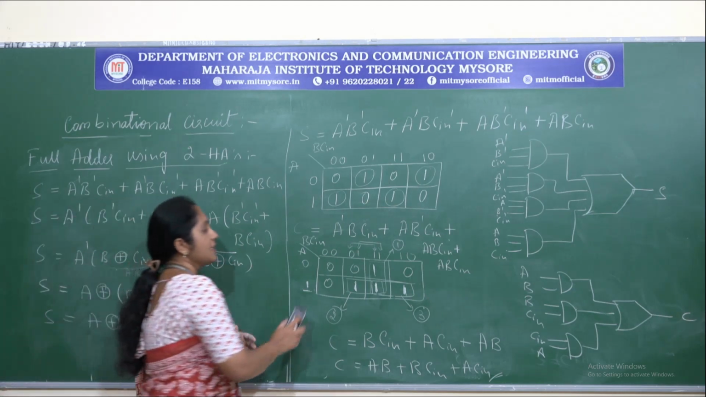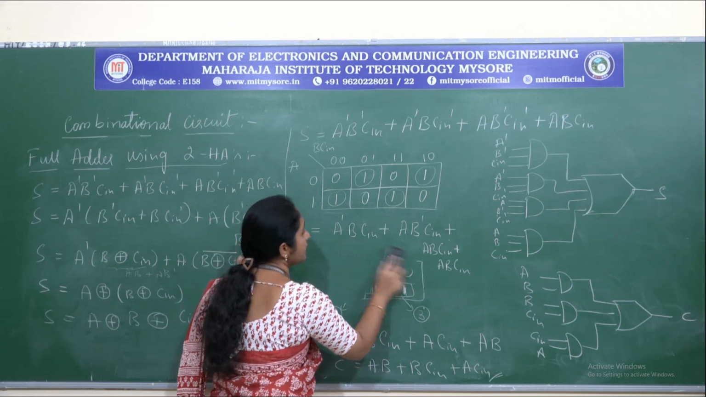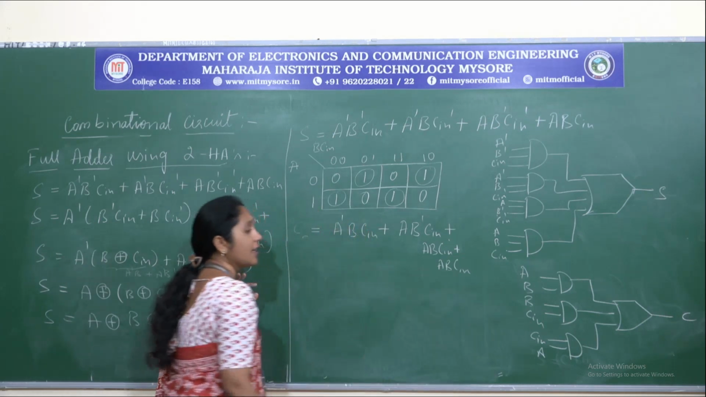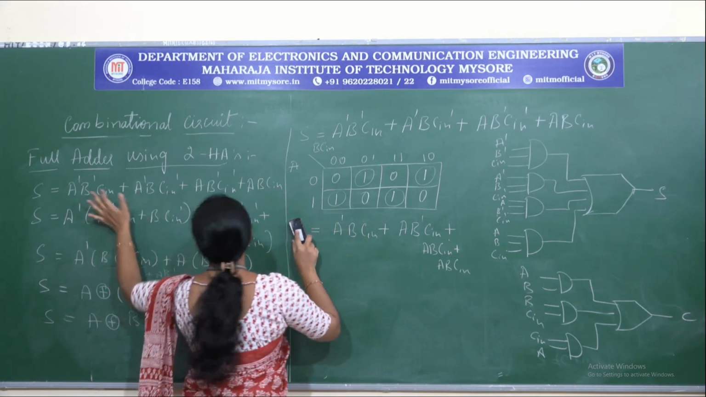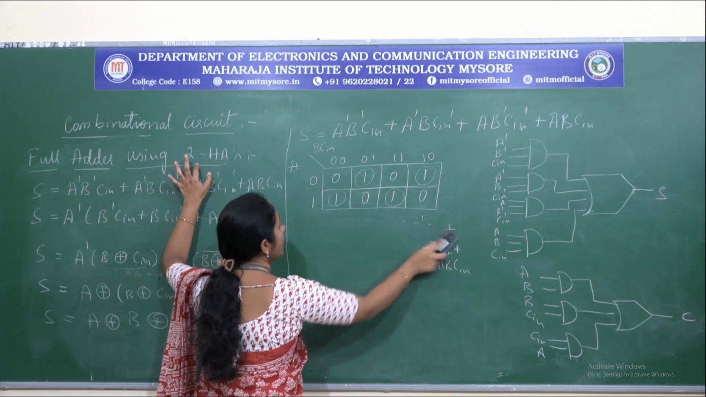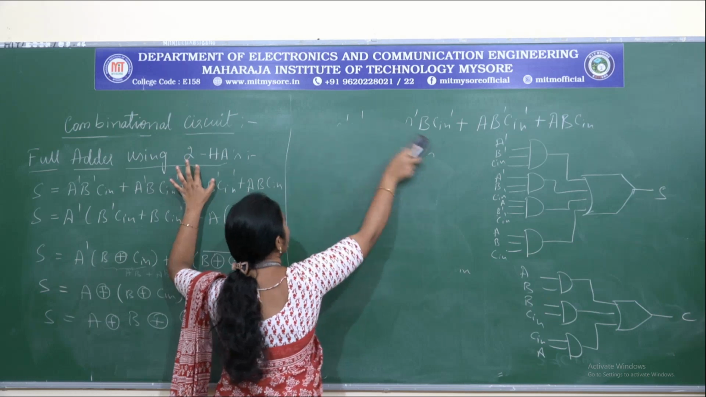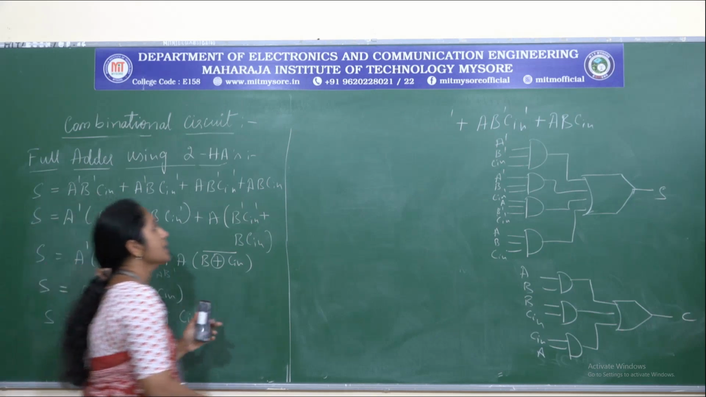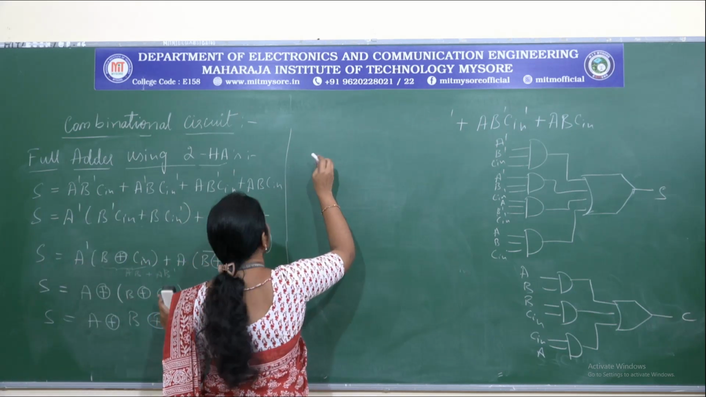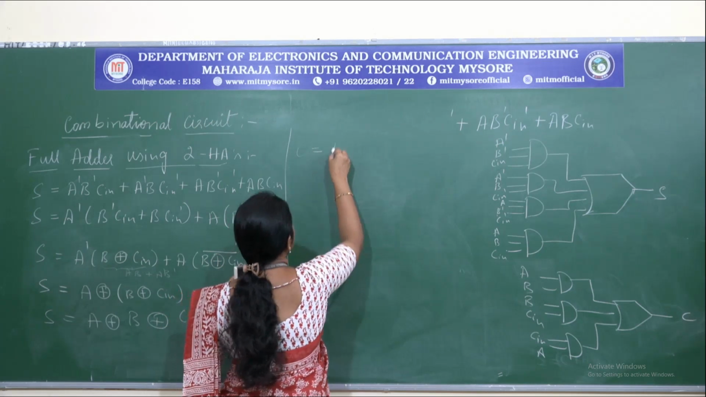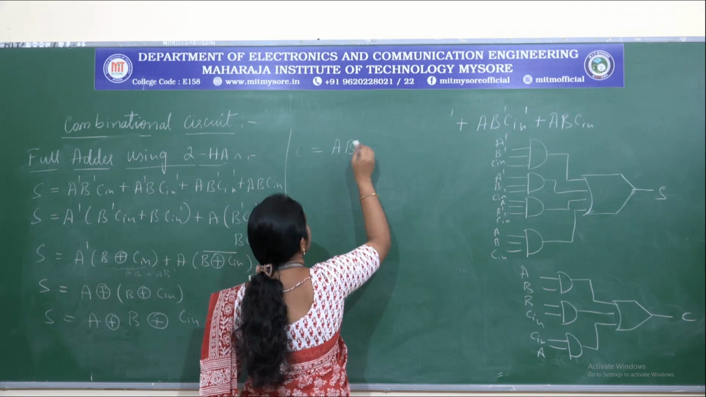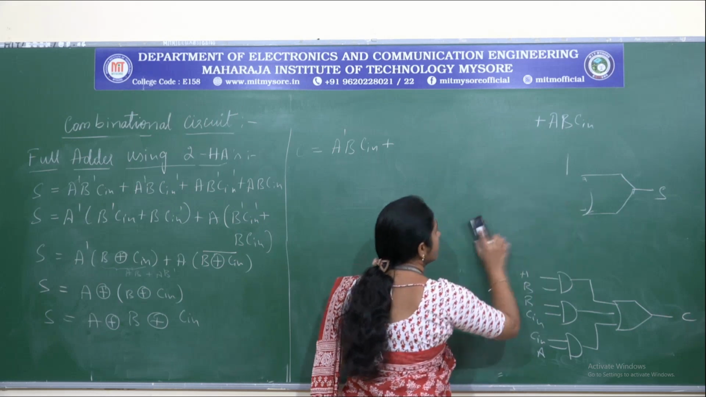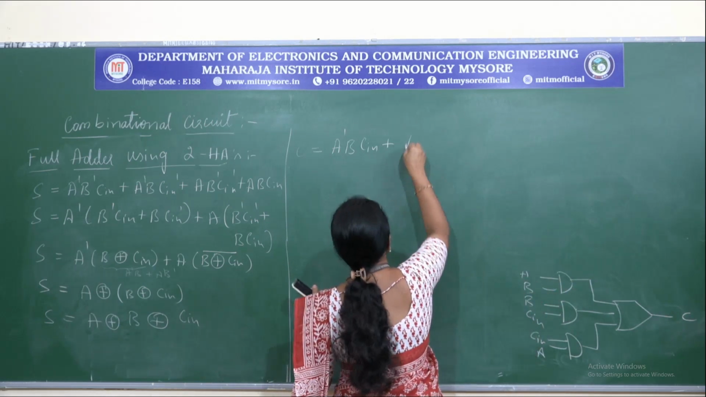in order to obtain sum. Now let us consider the carry expression. We have seen earlier how to represent carry in one way. Now since we are going to realize the full adder using two half adders, let us see how carry can be realized in this case. Now, the carry expression we have is A dash